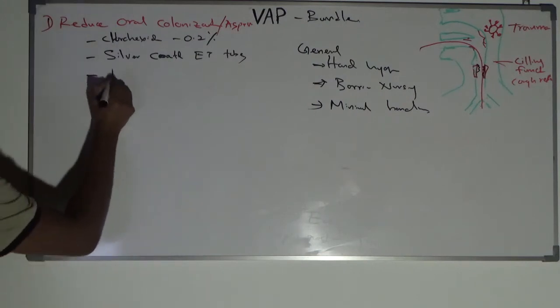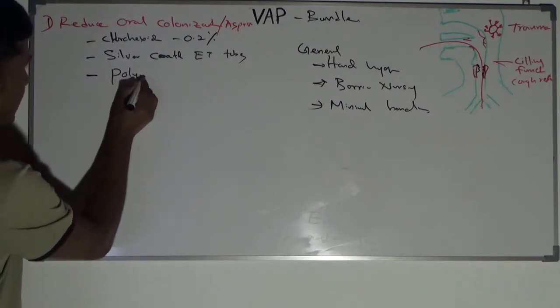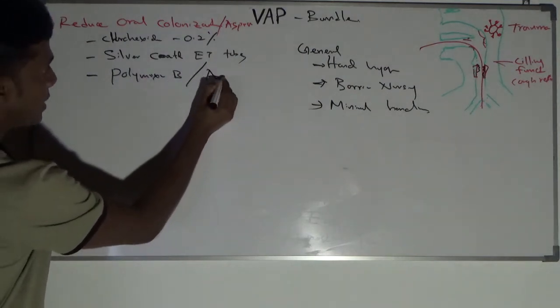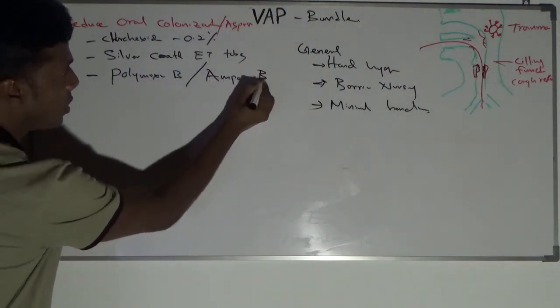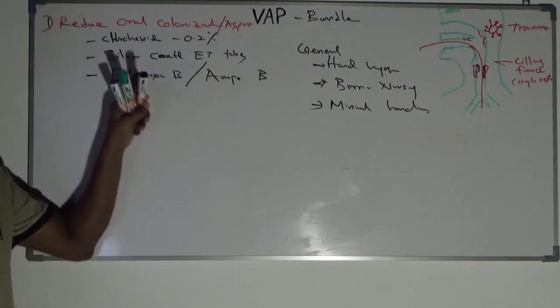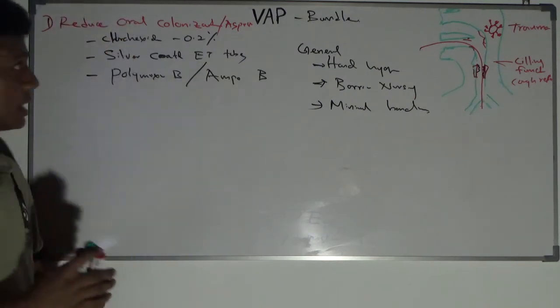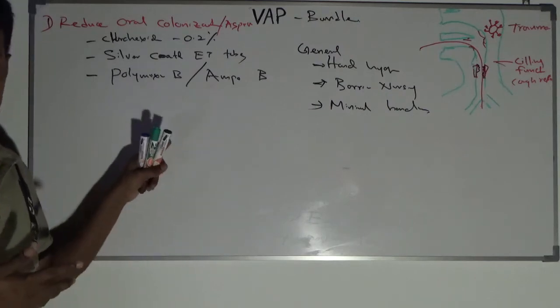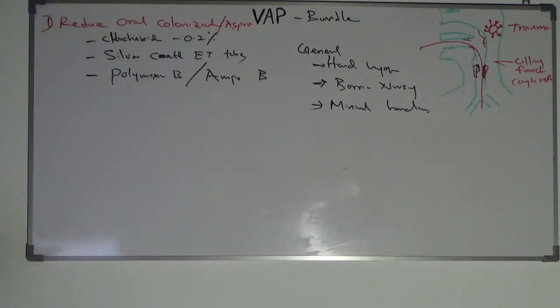Usually you can give polymyxin B or amphotericin B to reduce the oral colonization. The gastric bacterial load will reduce with those, but nowadays it is not recommended. And the second one is